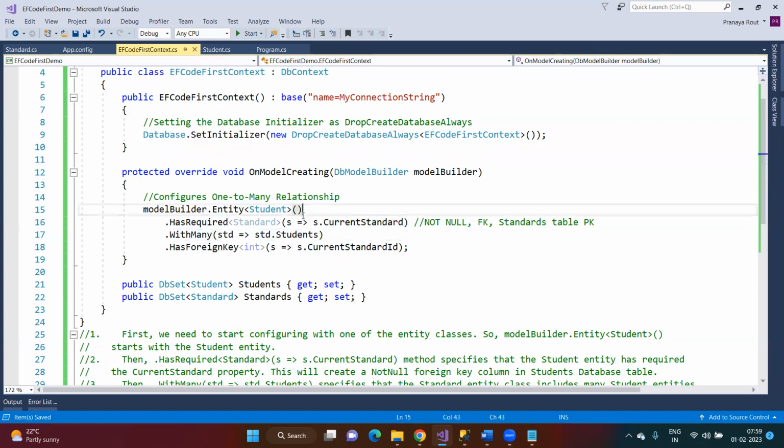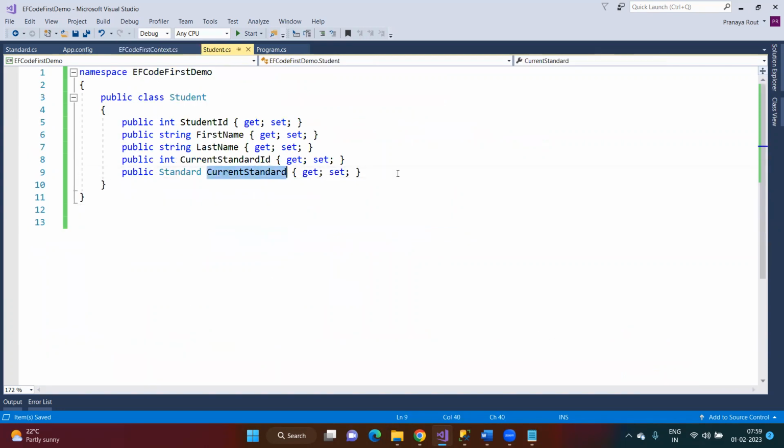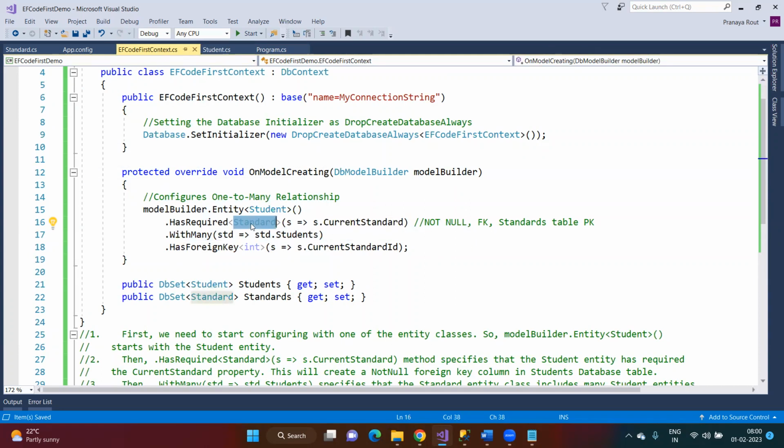So let me explain these things once more. We are going to configure the student entity. This student entity has one reference property, right? That reference property will be pointing to the standard entity. So this is the current standard, the reference property which is pointing to the standard. In this case, it is going to create a foreign key, right? That foreign key is going to be not null, and that foreign key will point to the standards table primary key. Then this standard entity has a WithMany relationship with the student entity,